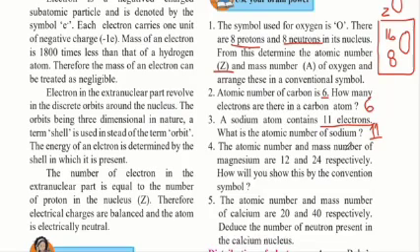The atomic number and mass number of magnesium are 12 and 24 respectively. How will you show this by the conventional symbol? So here they are giving us A and Z together, and they are telling us to write the atomic number and mass number of magnesium in the conventional method. So the symbol for magnesium is Mg. So we write Mg, and on top we would have to write A, and below we would have to write Z. So atomic number is Z, and that is 12. So that will be below written as Z. And on top would be the mass number, that is 24. And this is how you would write magnesium in its conventional symbol method.